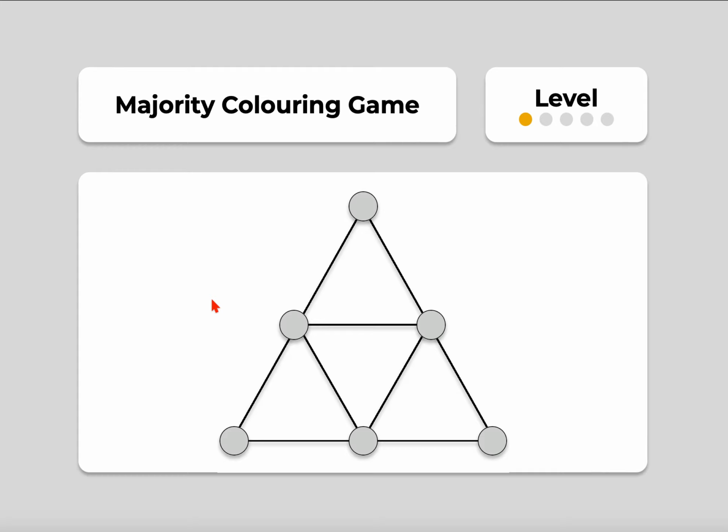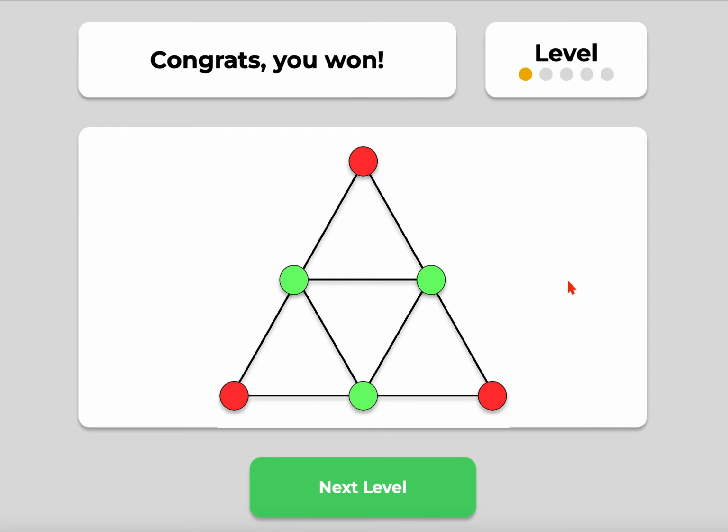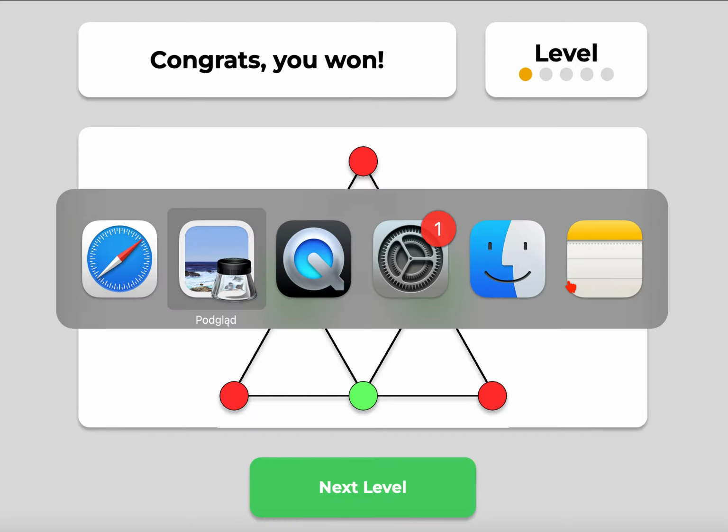We can change a color of the vertex by simply clicking on it. So let's do it. And as you can see, as soon as we clicked a vertex, the opponent will choose a vertex to color it red. Okay, so I'll keep playing, and that was easy. We obtained majority coloring, so we can now move to the next level, but instead I'll move back to the presentation